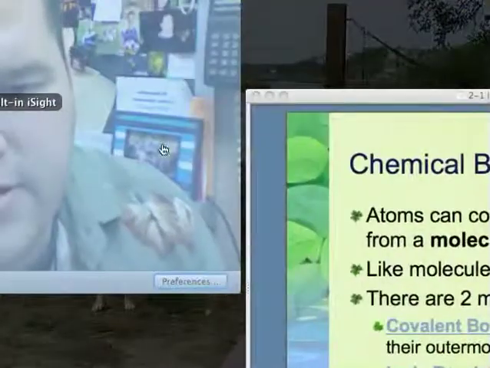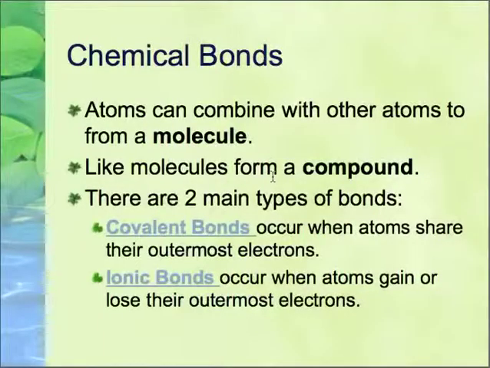So let's take a look at the differences. A covalent bond is one in which atoms share their outermost electrons. For example, water. Oxygen has 2 electrons missing in order for it to be full. In other words, it's got 6 electrons on the outside and it wants 8. Hydrogen has 1 on the outside and it would like to get 1 more, right? So it could be 2. Well, if I take 2 hydrogens, they can share with oxygen, and that leaves me with H2O, or water. So water is a good example of a covalent bond. Now, that's a pretty strong bond because they're sharing. If they weren't sharing, then they could separate easily.